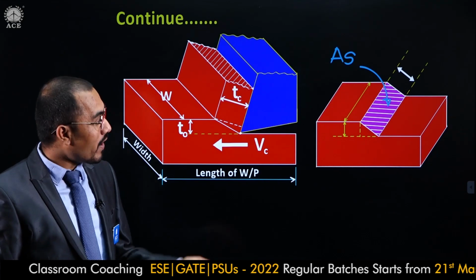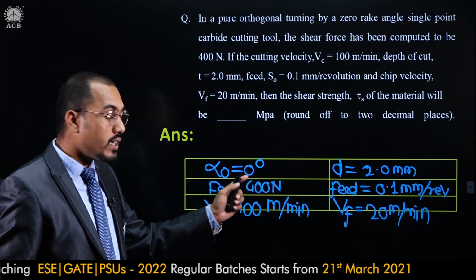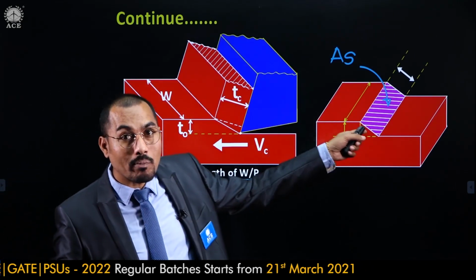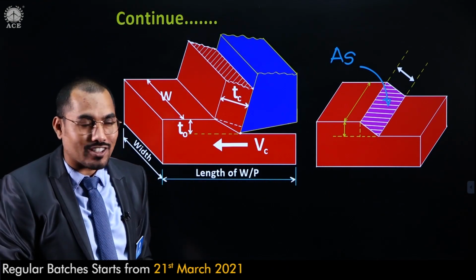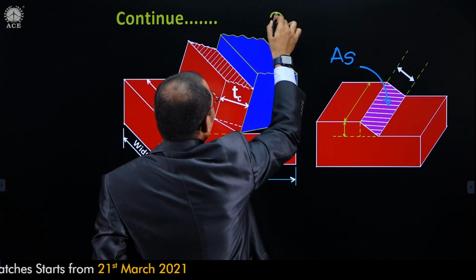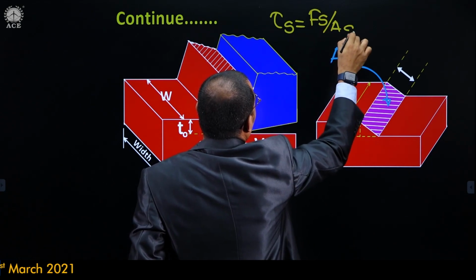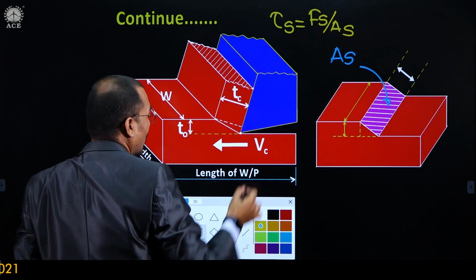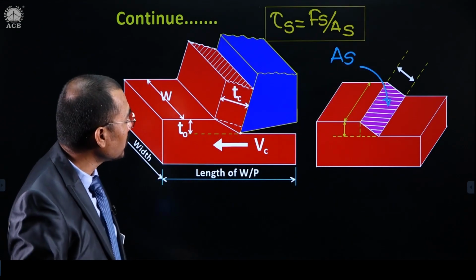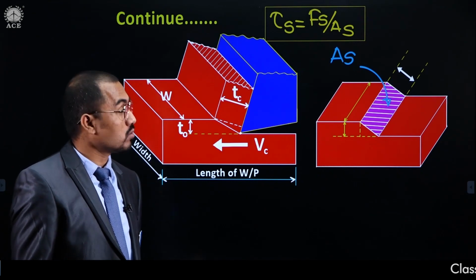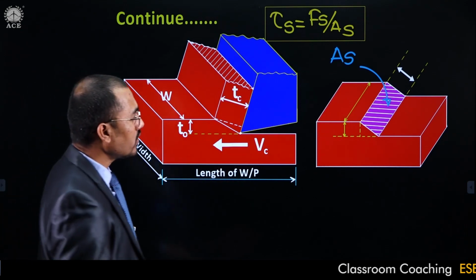Now, if I am interested to calculate shear stress, it is very simple. Shear force is given in the problem. So can I say that shear force applied on that shear area, force divided by area, is nothing but the stress. Therefore shear stress tau s is equal to shear force divided by shear area. It is just pure common sense. Is it okay, folks? Yes, absolutely. So Fs divided by As, shear force given in the problem, and the shear area. What is the shear area?